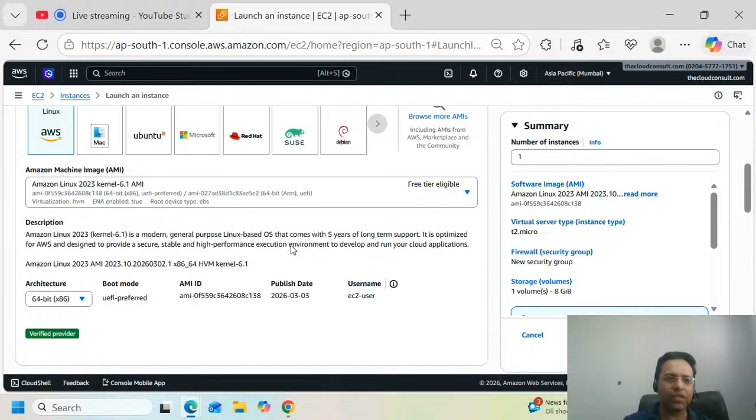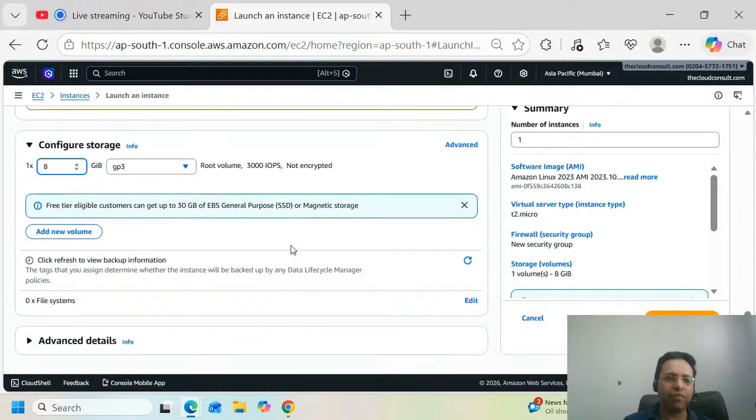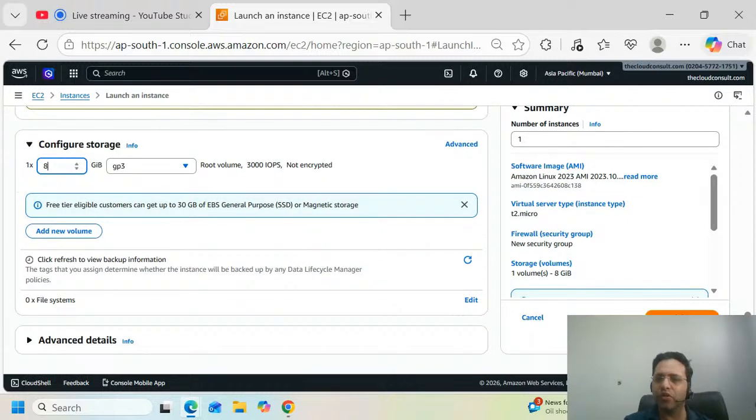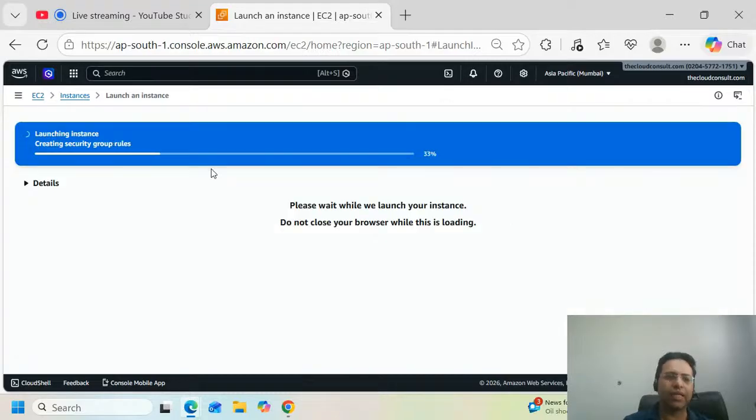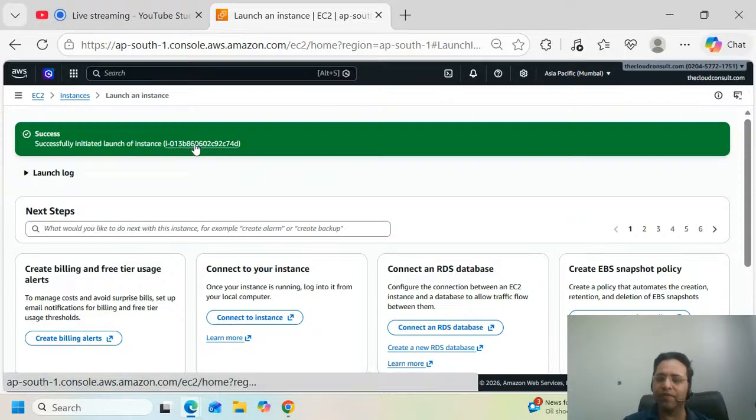All right. So this is a form that we need to fill, and you can just verify the form. Afterwards, you just need to press the button, launch instance, and here you would see that the Amazon Web Services is going to create a virtual server for you. It has started launching your virtual machine, and it has given you an instance ID as well. And now when you go to the instances,